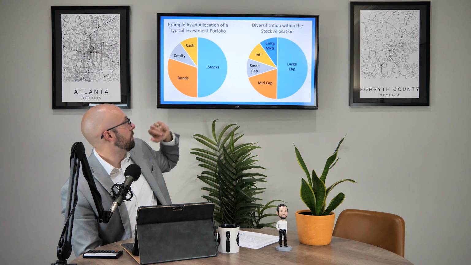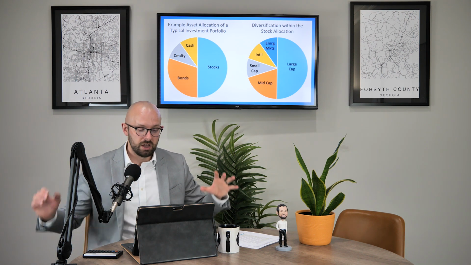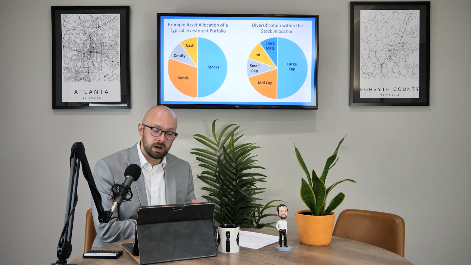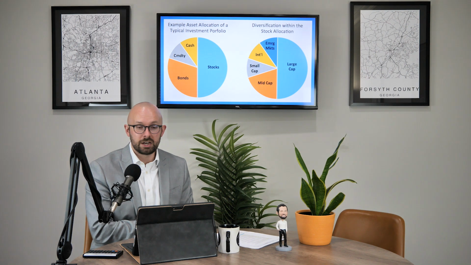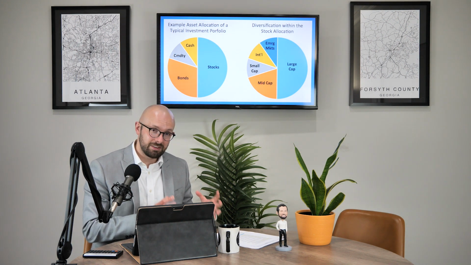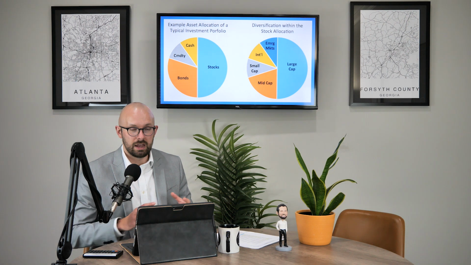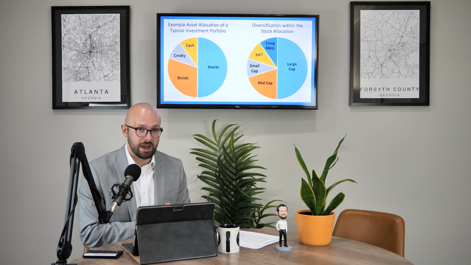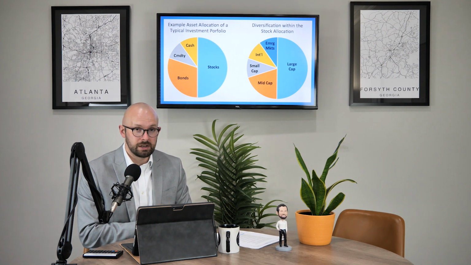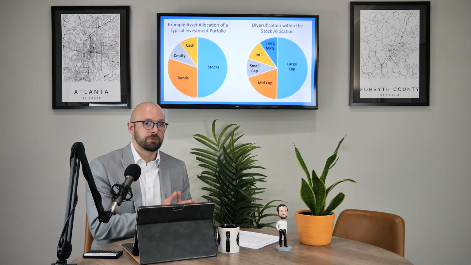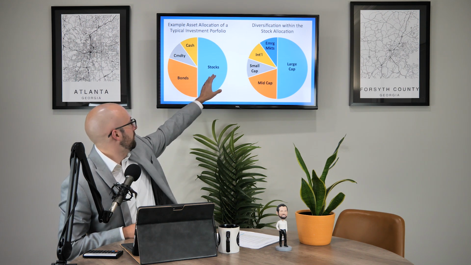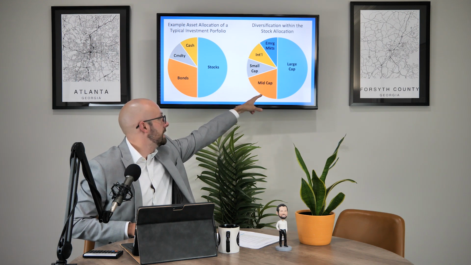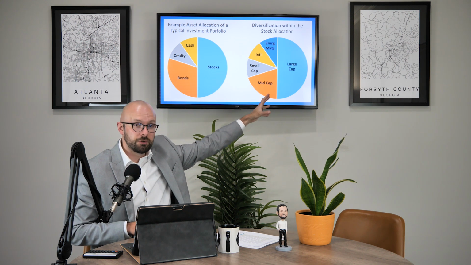With this example, asset allocation is your portfolio as a whole. How much do you have in stocks? How much in bonds? How much in commodities? How much in cash? It's looking at the different asset classes you have from a portfolio perspective. Then diversification is looking within one of those asset classes and asking, what is the breakdown within the stock portion of your portfolio? So what we see here is stocks and the total portfolio value, and then that stock component broken down over here would be how diversified that stock portfolio is.